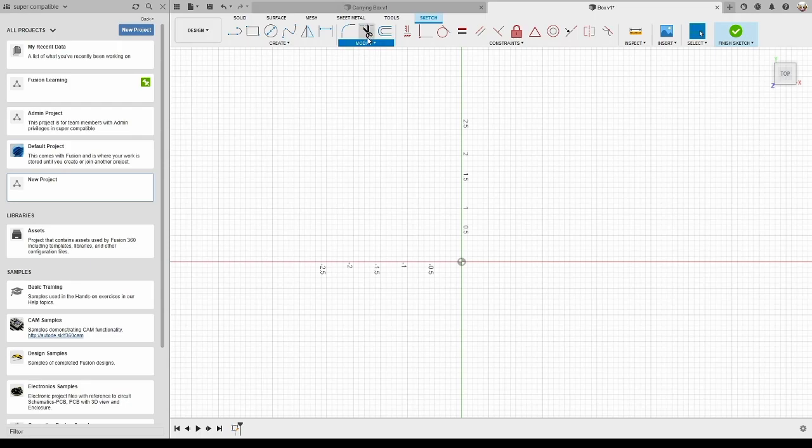We can also modify the sketch. So maybe we're gonna use the offset tool today, or we can even use another rectangle to do what we're gonna do, create our box. But the offset tool, like maybe like a frame, offset it by a certain amount. And then here are our constraints where we can constrain our piece